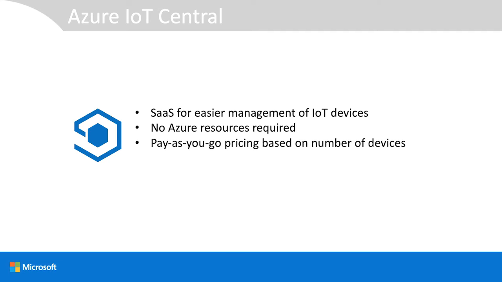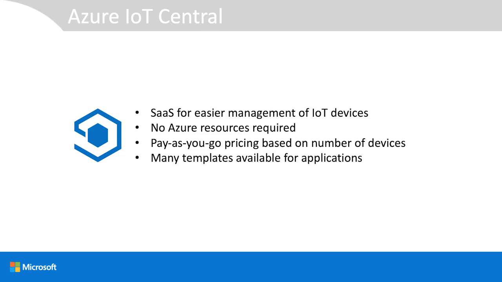IoT Central offers pay-as-you-go pricing, and that pricing is based on the number of IoT devices you have in IoT Central. You can easily create an IoT Central app using any of the templates that are available on the IoT Central website. So with that said, let's jump over to the IoT Central website and have a look at how